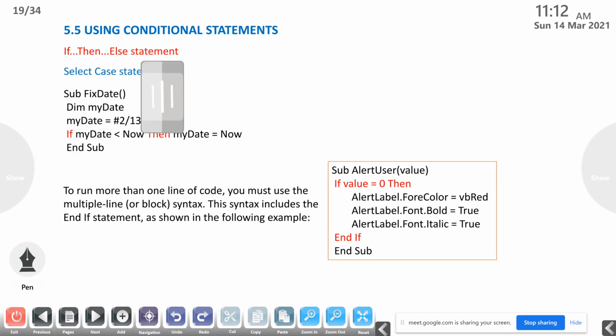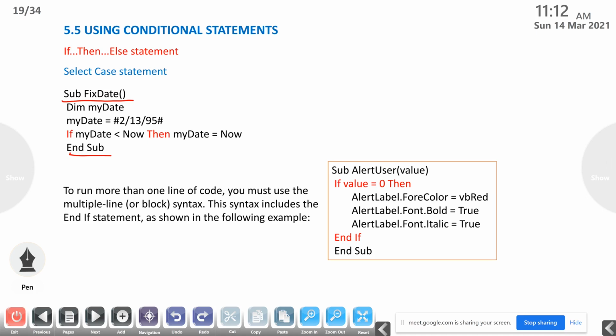In VBScript there is no need for these braces. In JavaScript the function will end with the close brace. Here the procedure will end with End Sub. Use Sub, then the sub procedure name, then end with End Sub.